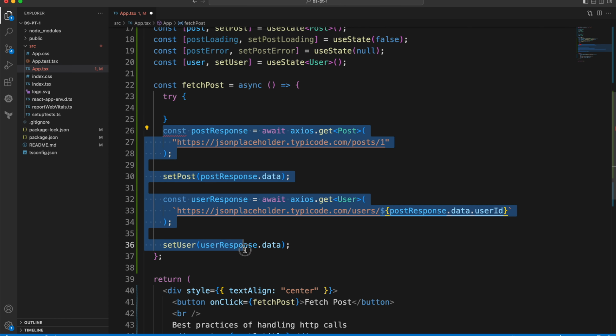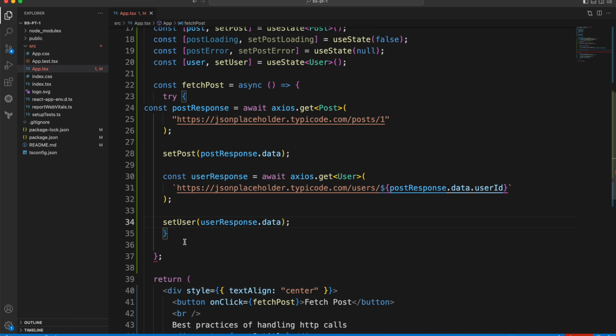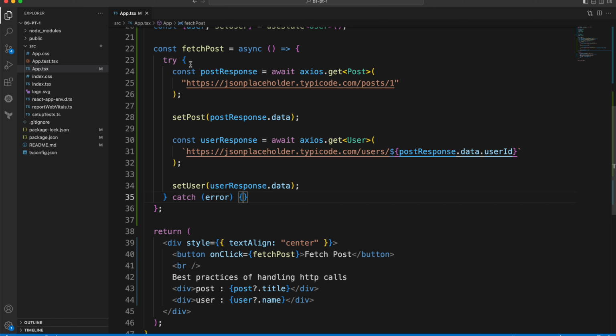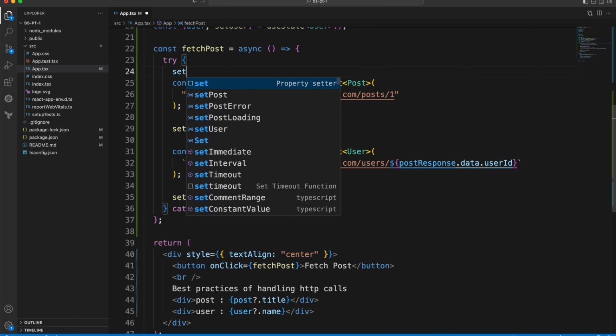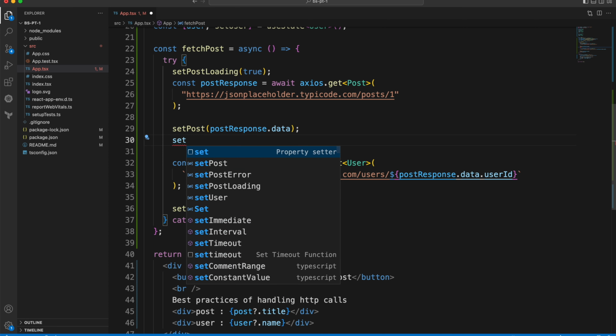So let's put this whole code inside the try and catch, and here we need to write the catch. When we have this error, we can store this error also. Before making this call, first we need to set post loading true. And once we have this data, after that we will set